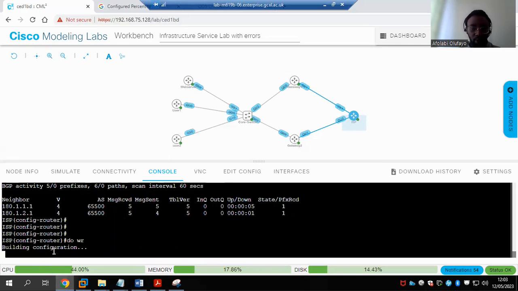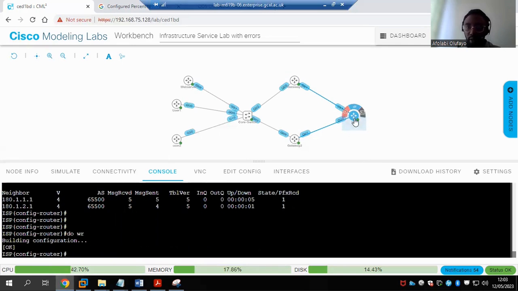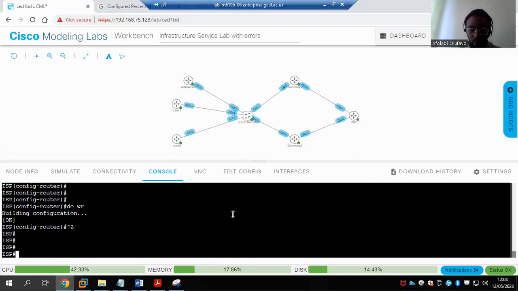And now I'm receiving routes from the two ends. Then I can try to check now and telnet 180 to 180. So it's open. So this is working fine now. Thank you.